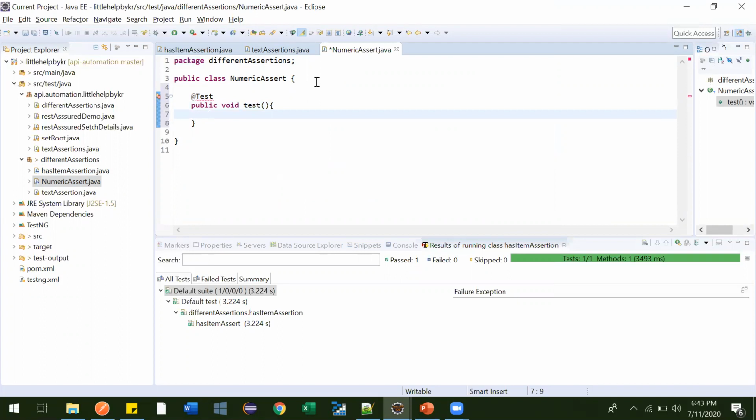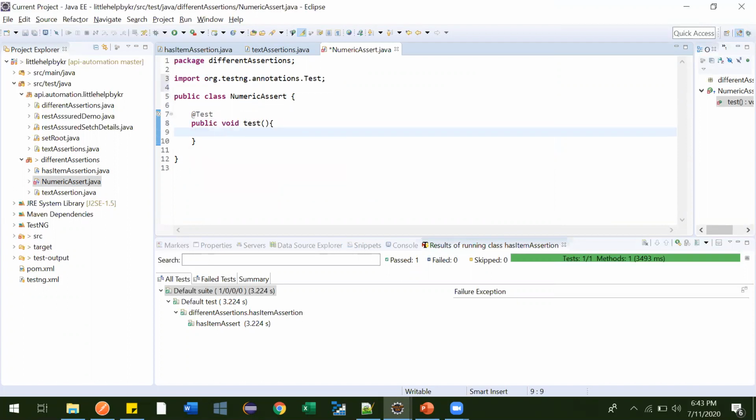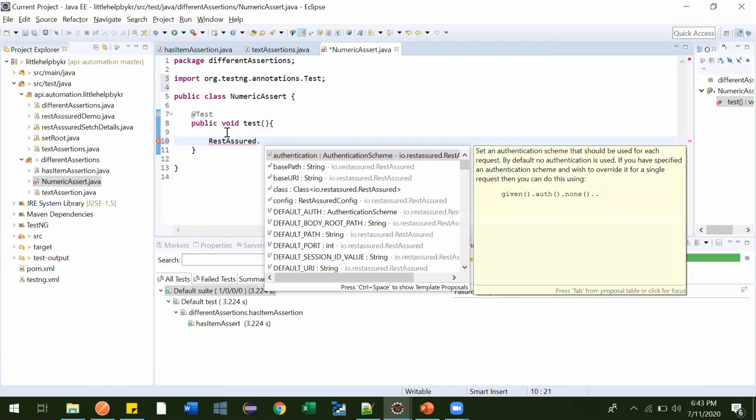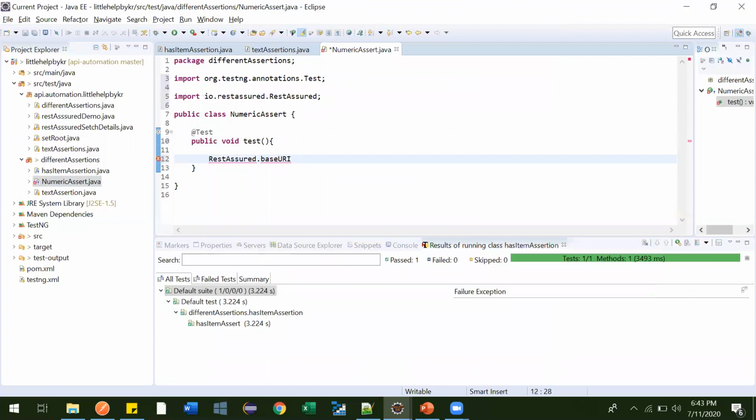Now let me import the necessary TestNG file. Now RestAssured.baseURI equal to our base URI. This is what our base URI is. Okay, perfect.